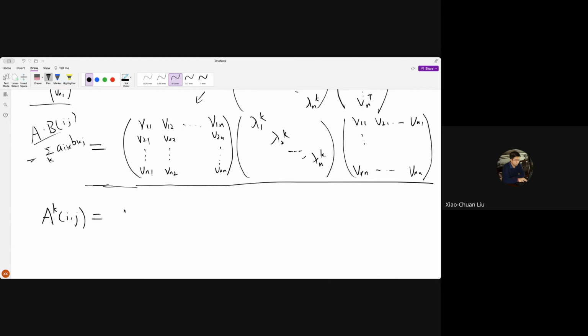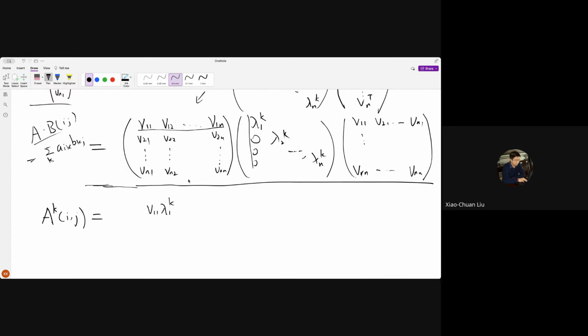It will be a sum of three indices, many terms, but many terms are zero. Okay, so let's see. So how to do this? Let me see. So for example, if you multiply this with this, you get only lambda 1 1 v1 lambda